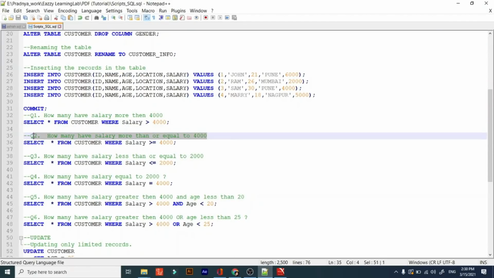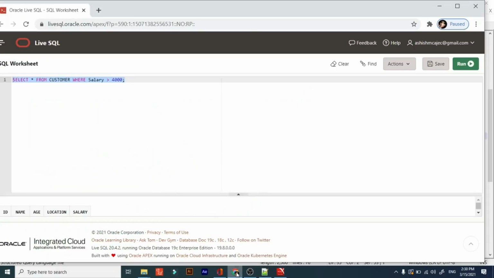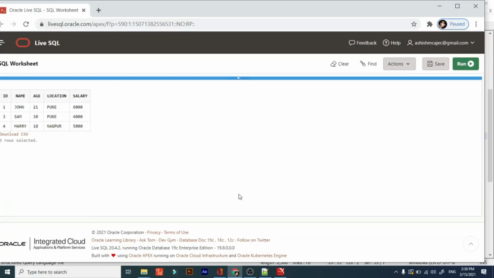So next, if we want to display that 4,000 record also, what we have to do is put an equal sign, greater than or equal to. See the result. Now that 4,000 record which was not coming earlier will come in our result set.